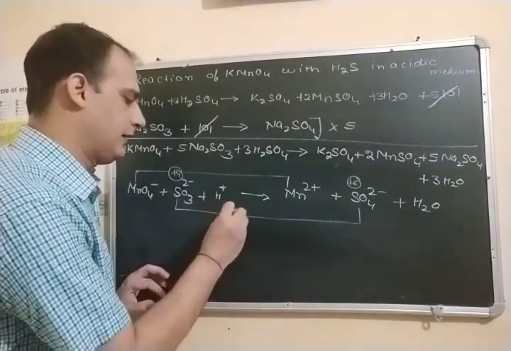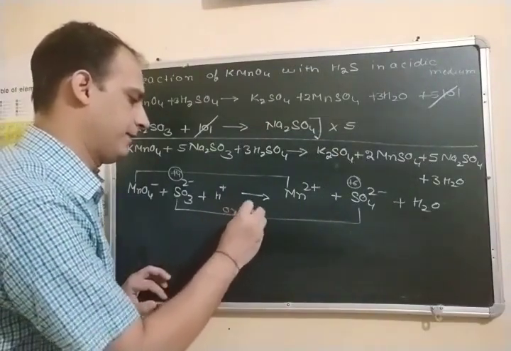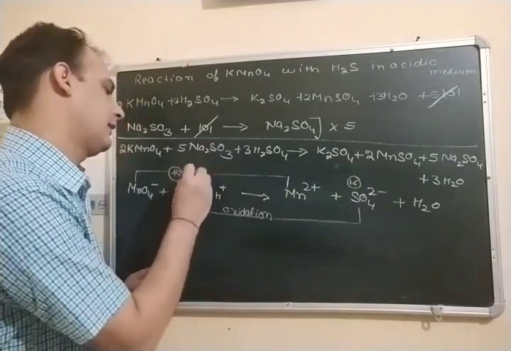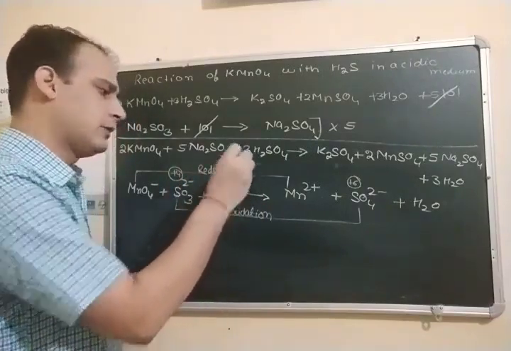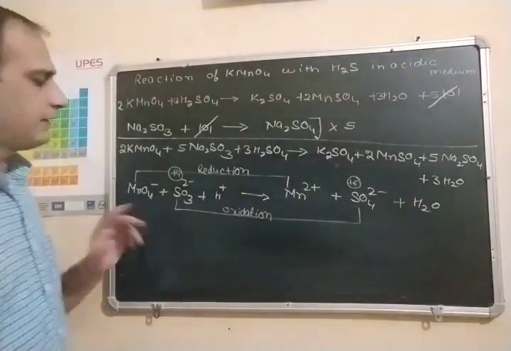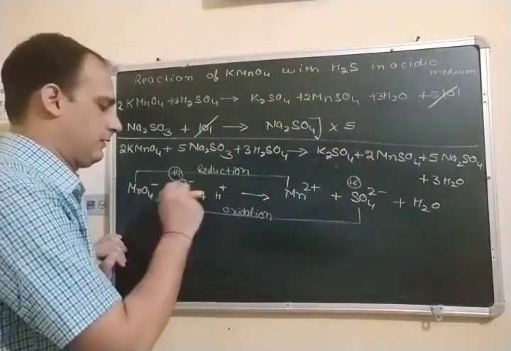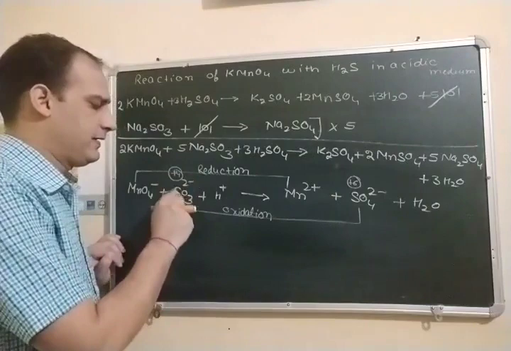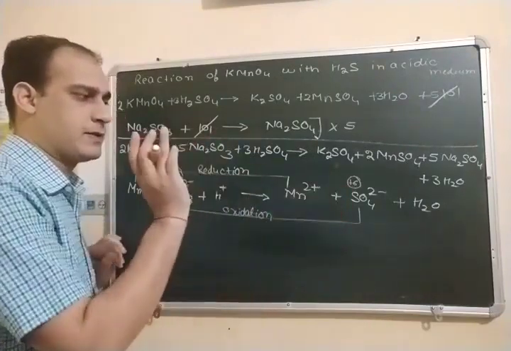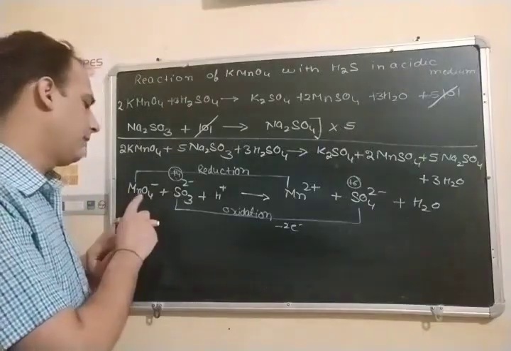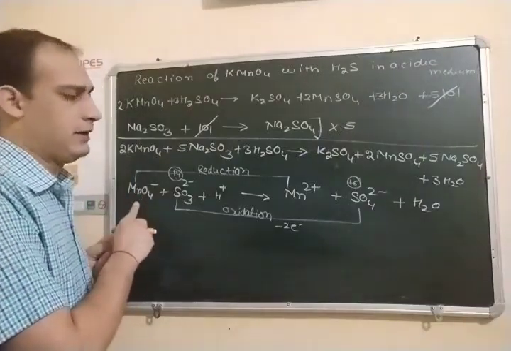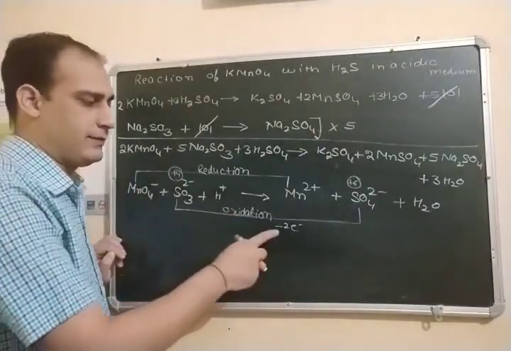Oxidation. So this is the oxidation half, and this is the oxidation reaction, and here which process is taking place? Reduction. Now, one sulfite is changing from, or here sulfur is changing from +4 to +6 oxidation state. It is losing how many electrons? 2 electrons. And one manganese requires 5 electrons. There is requirement of 5 electrons.